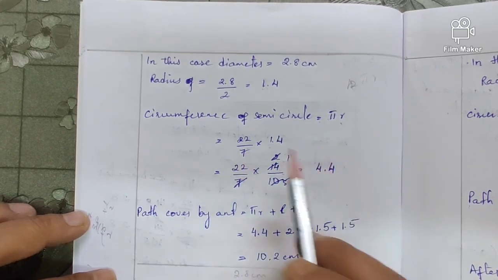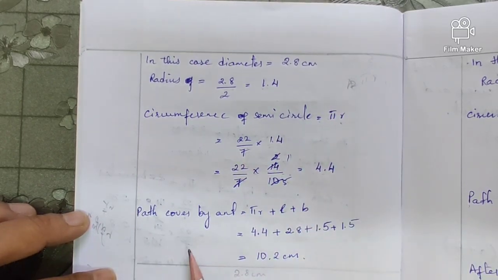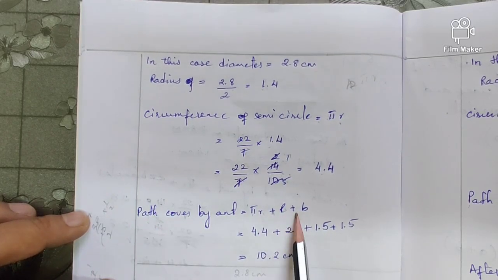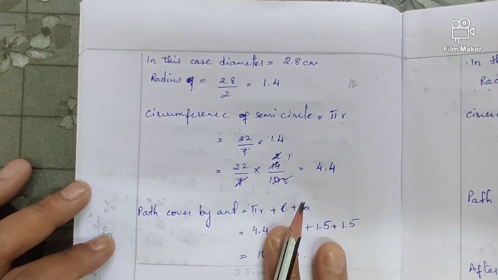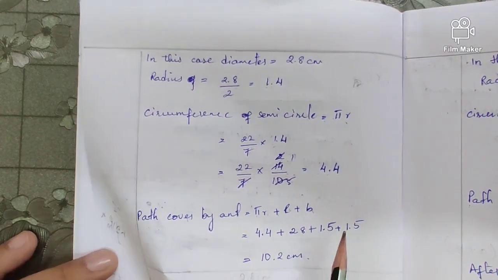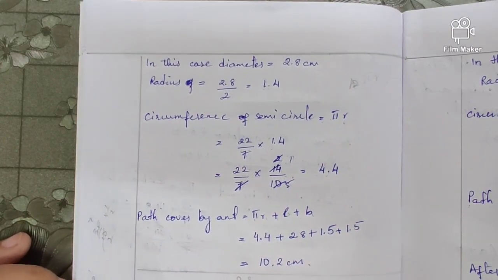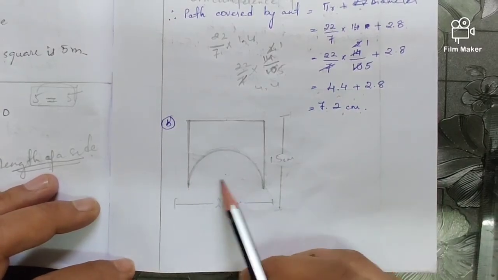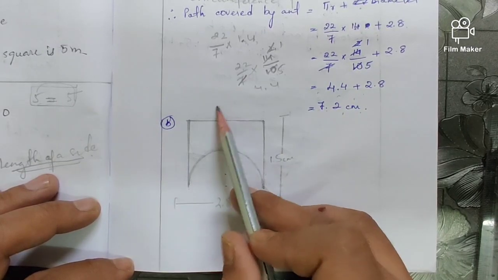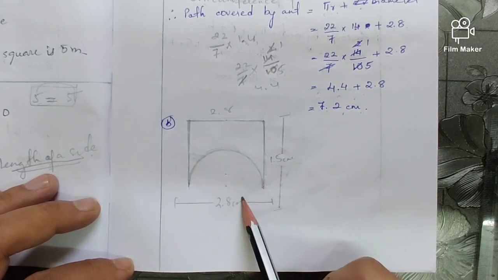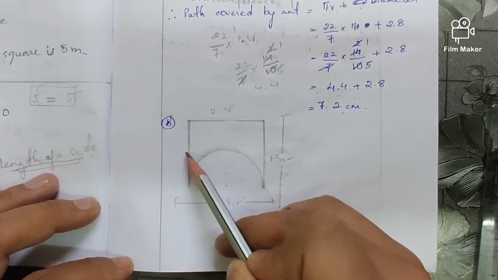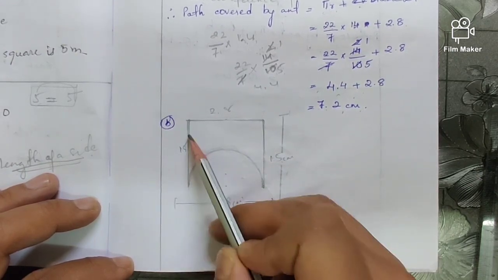22 divided by 5 is 4.4, and after that the distance covered is equal to pi r plus length plus breadth, that is the sides. So here look at the figure again. Here this will be 2.8, right? Because the diameter is already given, and 1.5, sorry,